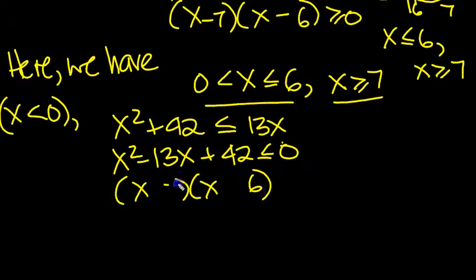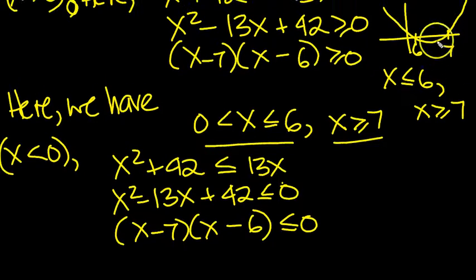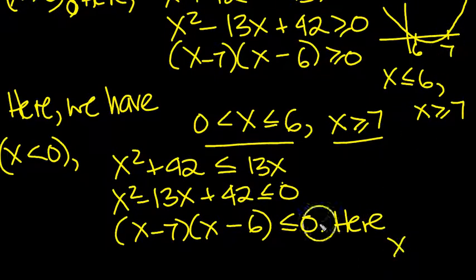6 and 7 with a minus and a minus, but this time it's less than or equal to 0. So in this section, when the curve is less than 0, let's just have a quick look at it. It must lie between 6 and 7. So in this case here, x can go up to 7. Because it's less than or equal to 0, it can touch 7, and it can go down to 6 and